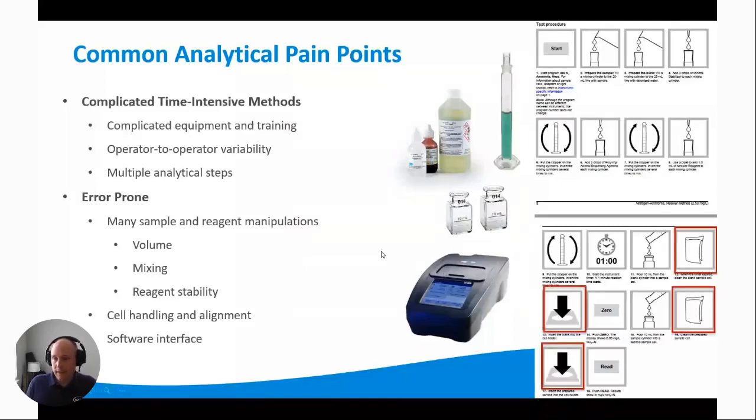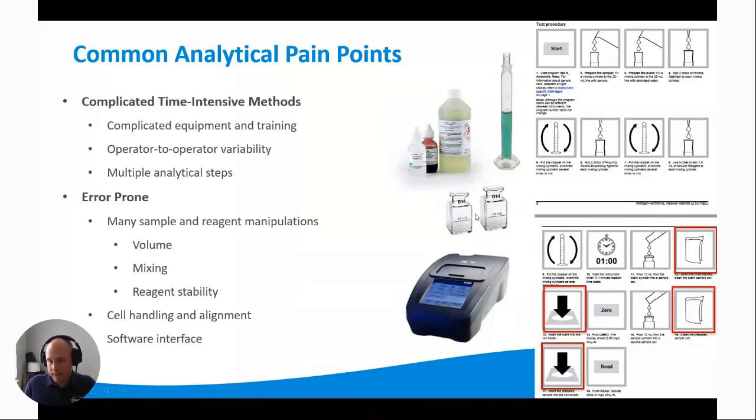After that, we also have cell handling and alignment issues. Spectrophotometry is an optical method where we shine light through one of these cells here, and you'll notice on these cells, these both say 014 on them. These are optically matching cells, so that you can run the blank in one and the sample in another, and you know that the way that the light interacts with the glass will be the same for both of those, and you won't get a different absorbance value just as a function of the glass itself.